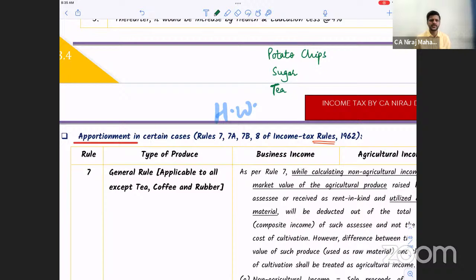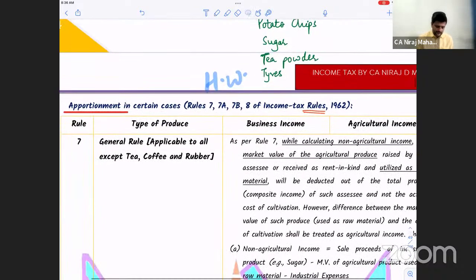When you go to the market, do you say tea powder? You just say you want tea, when you go to the grocery shop. But ultimately, what are we buying? Tea powder only. Are we buying tea leaves? Are we buying the tea plant? No. Then we also discussed tires. Let me write the term tire now. Or rubber band, you were telling me. Rubber, eraser, right? All of that. But what is common between all of them?